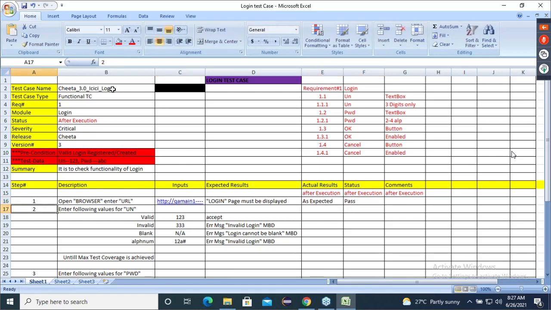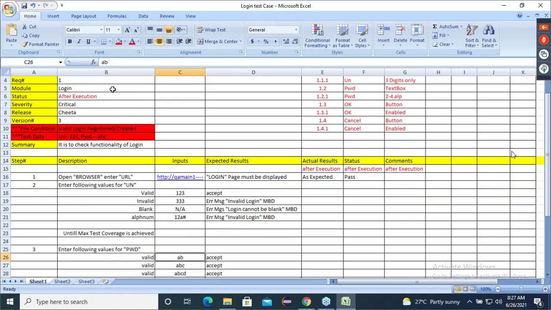Next, enter the following values: for the username, 123, it should accept, and for the password he should enter AB, it should accept. So now in the username he will type 123, and in the password he will type AB.